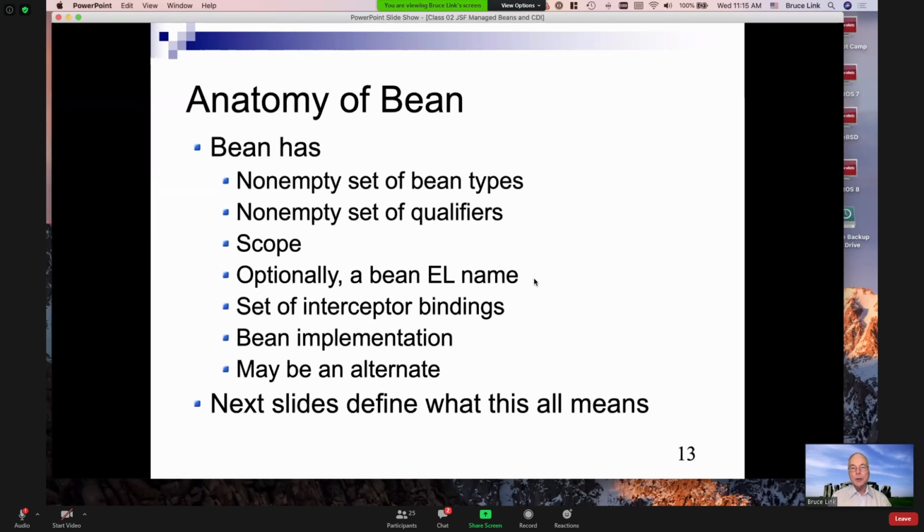You can name them to use them in expression language, but that's optional because you don't have to use them in expression language. The first one that we saw last week was using expression language. I'll give you some in the lab that aren't. You can have